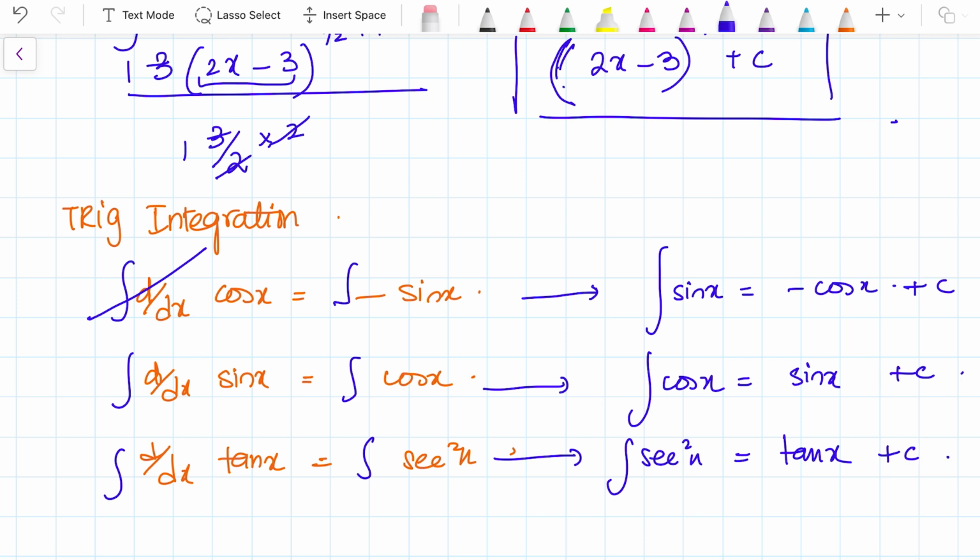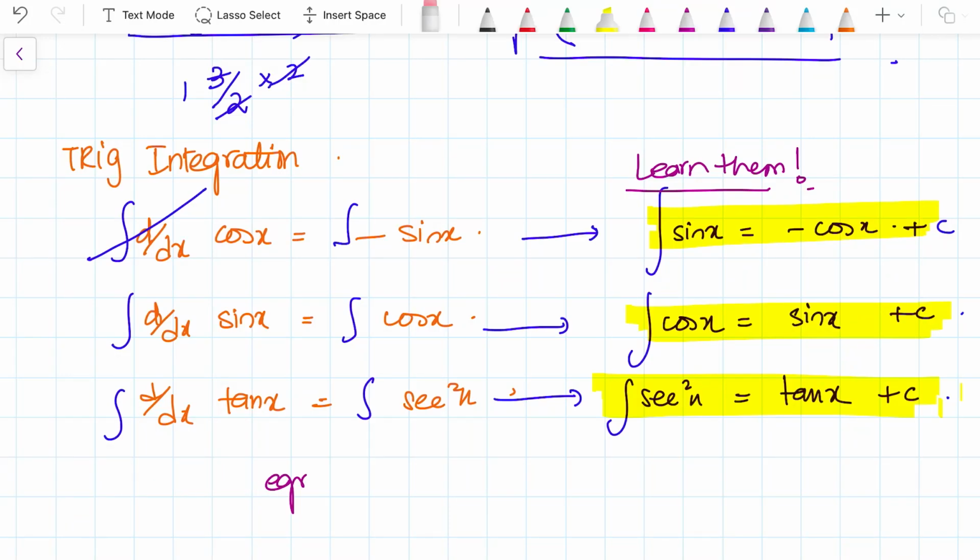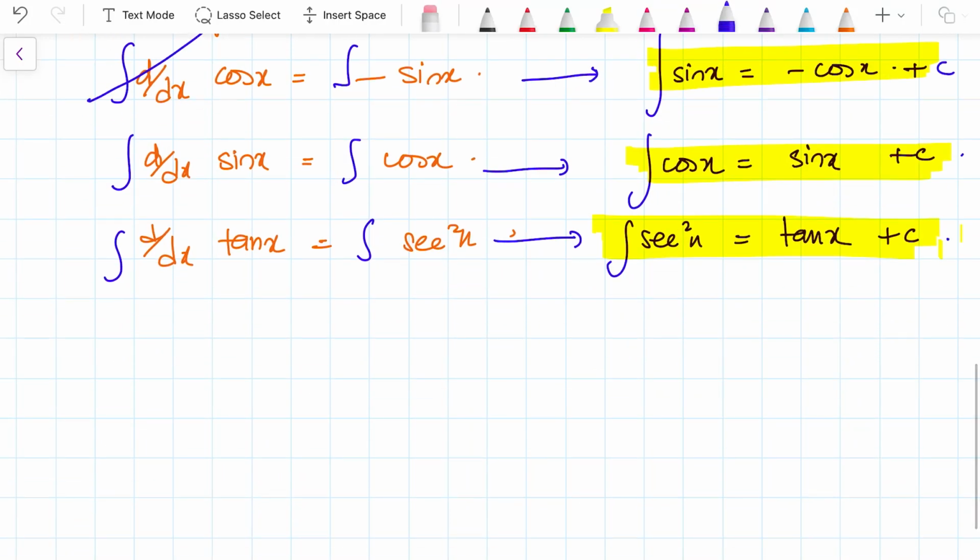So this is something that we need to learn, and we will be using these concepts again and again in the next video, in the next techniques of integration that we will learn. So we need to learn these integrals. Before we move on to the exponential integration, let's discuss a couple of more concepts. The integral of cos is a sine 2x divided by the differential of the angle, 2. So over here, there was no angle. The angle was a single angle, so I didn't introduce that concept here.